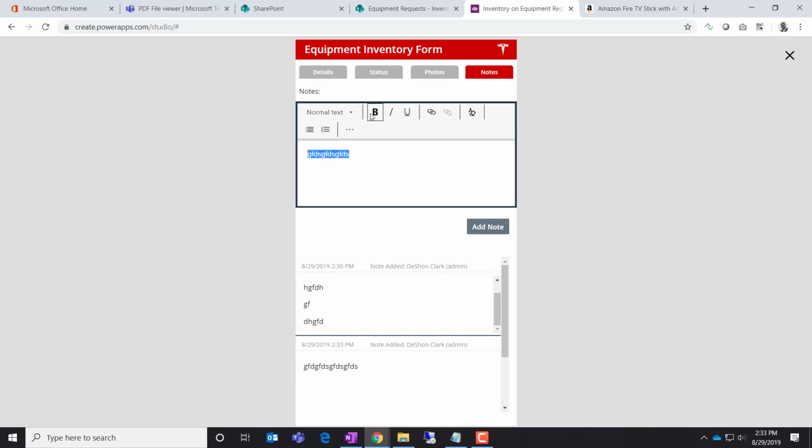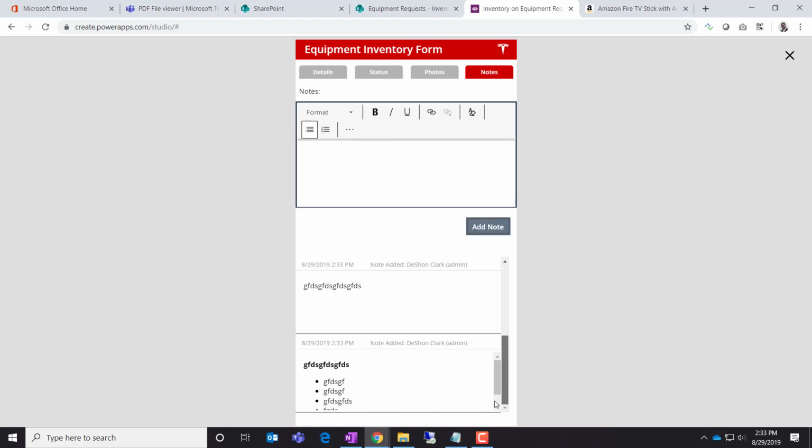If I want to make this bold, that's fine. If I do new line, oh, I don't want these bold, right? Select them, take them off bold, make it an unordered list, and add the note. Go down, everything as I designed it or as composed is there. But more importantly,